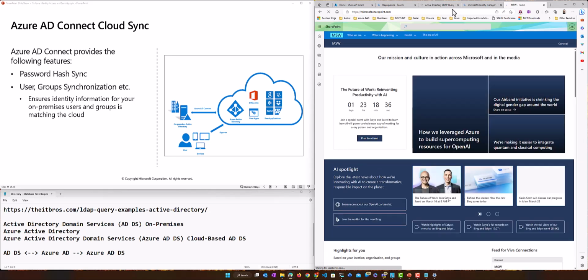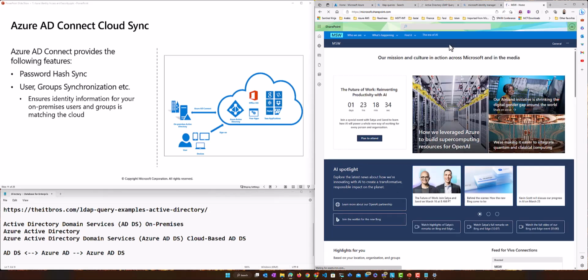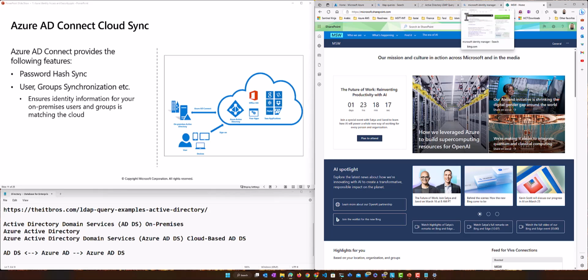This is based on Azure Active Directory. It is synchronized with that one. This is our main portal. This is a SaaS application in Office 365, and it is working with Azure AD. This is exactly what is happening over here also, right? I was logged in, and this is my session already. I was not even prompted for anything.